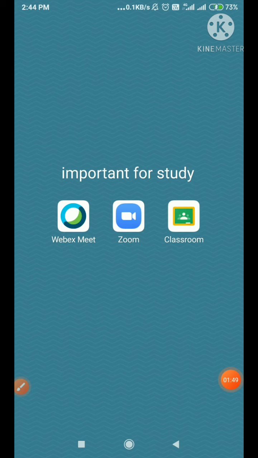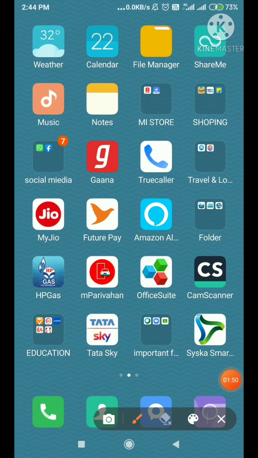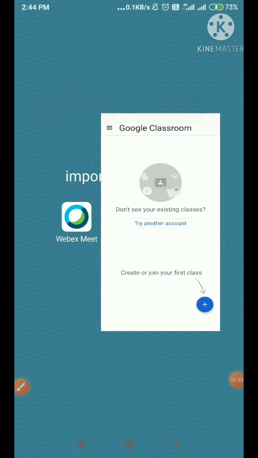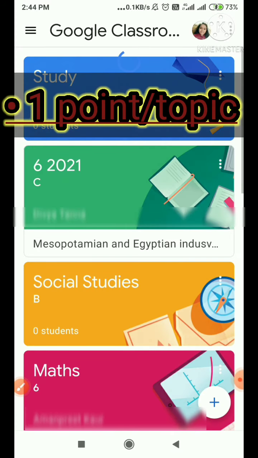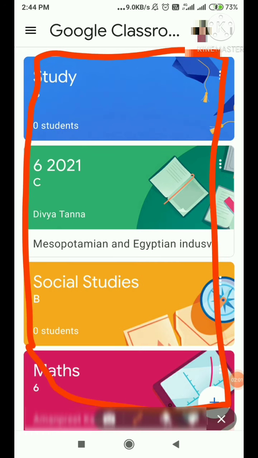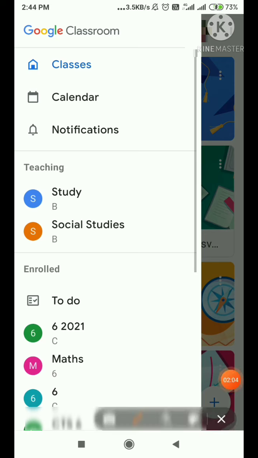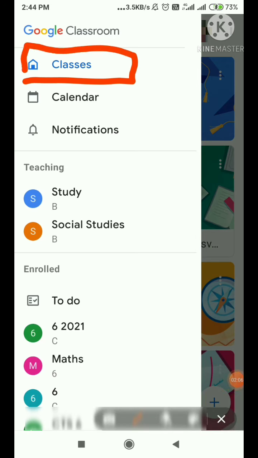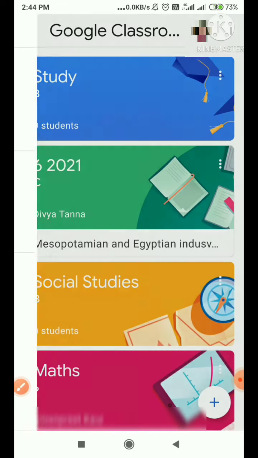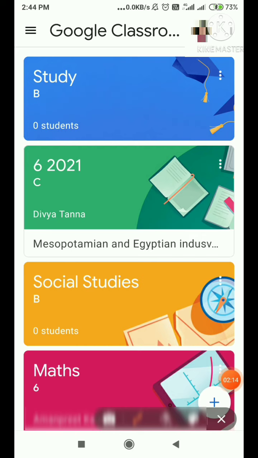So first step, we have to open Google Classroom. After opening Google Classroom, this page will appear. This is the classes page. If this page is not appearing, you can click on this. I have selected that page, so you can see it is blue.